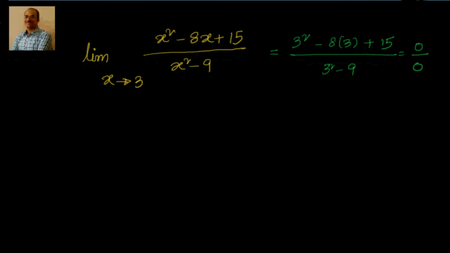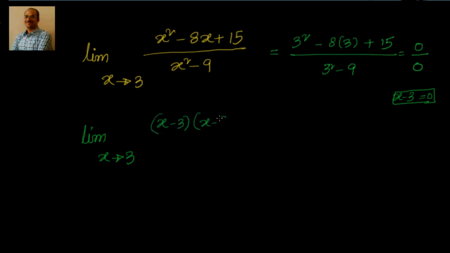So we are in 0 by 0 form. So to find out the limit, what we will do, we will find out the factors of this. So can I write it as limit x tends to 3, x square minus 8x plus 15 over x square minus 9. Now the point I have to understand is x is tending towards 3. That means whenever x becomes 3 and I have x minus 3, that is when I will have 0. That means I have to find out x minus 3 as a common factor from these two. So if I try to split this, I can write it as x minus 3 into x minus 5.